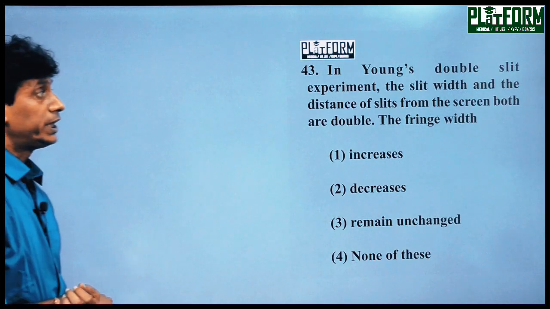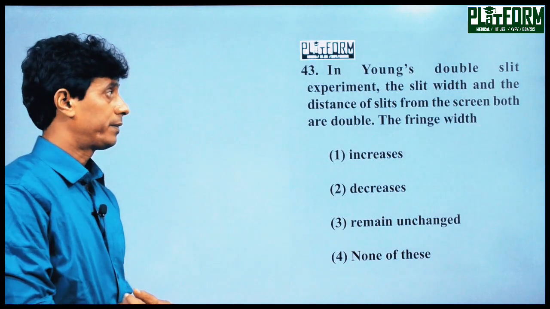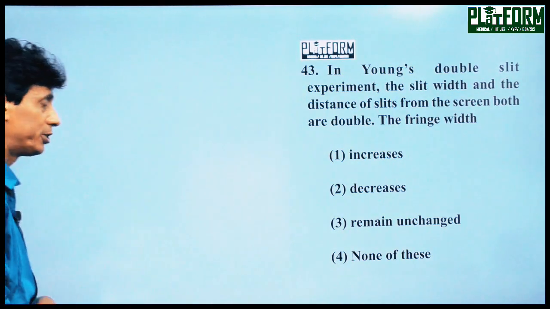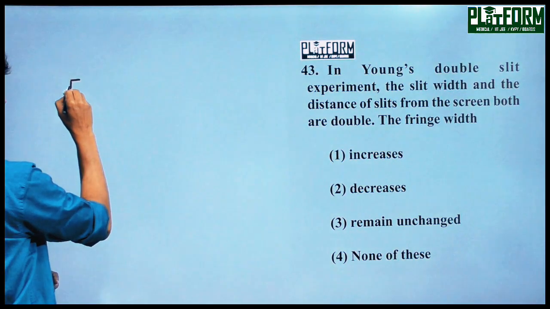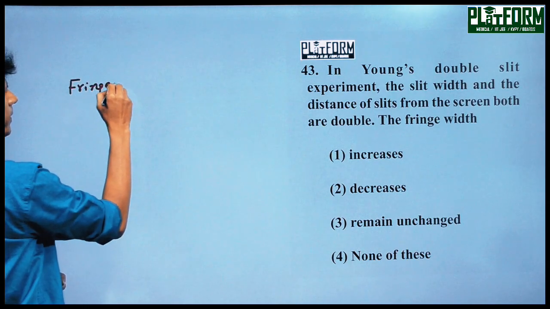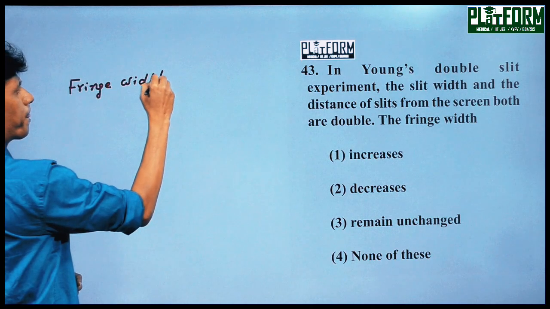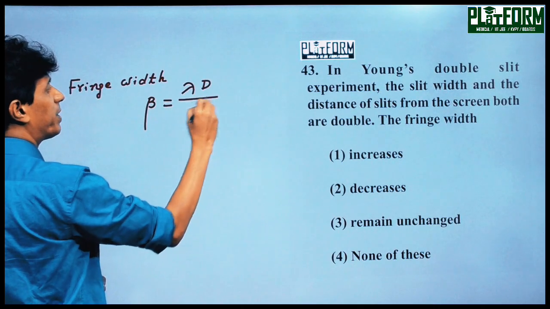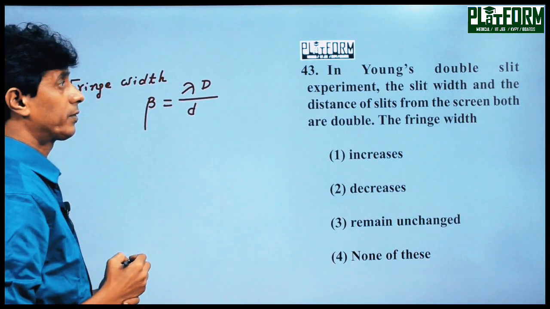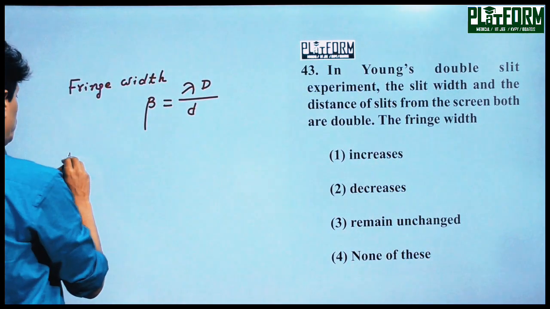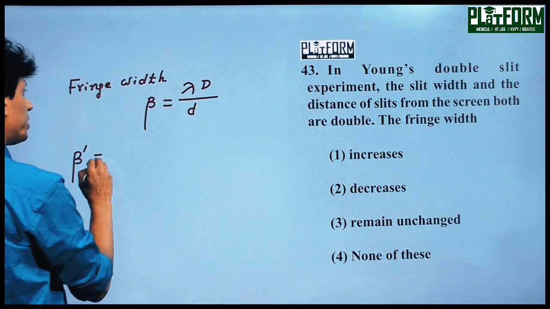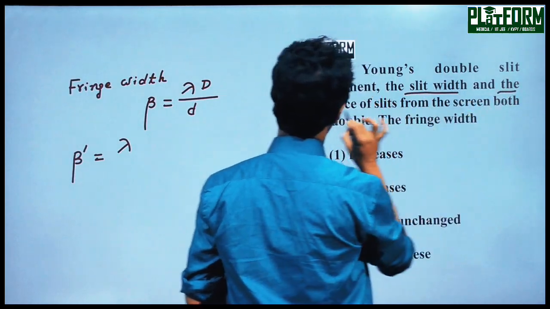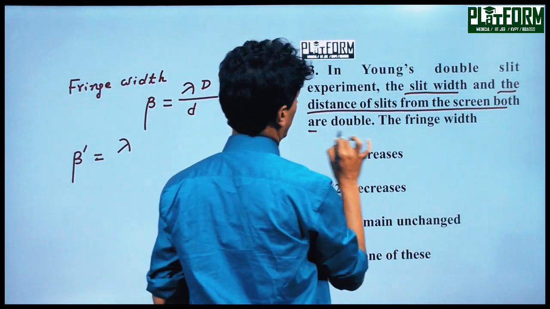Next problem. In Young's double slit experiment, the slit width and the distance of slit from the screen both are doubled. What happened to the fringe width? We know fringe width beta is equal to lambda D by d. So new fringe width we can say lambda,